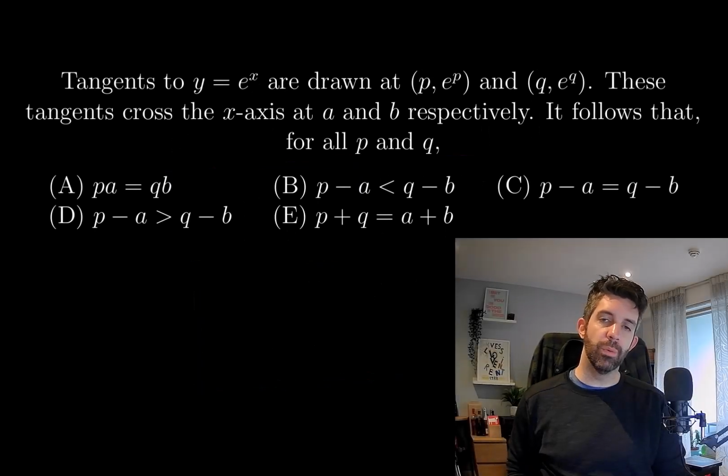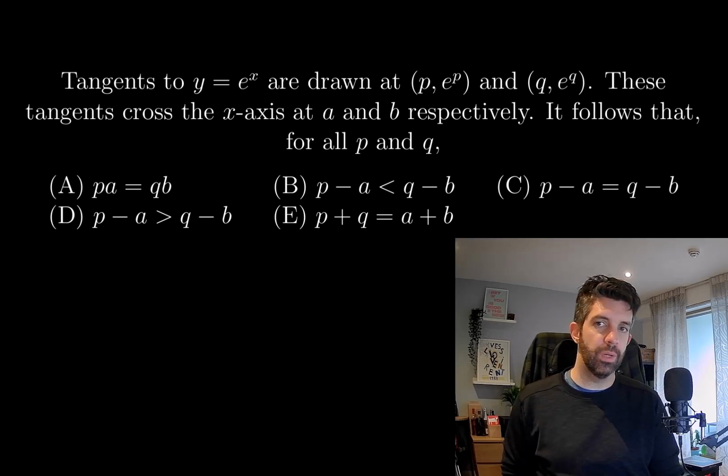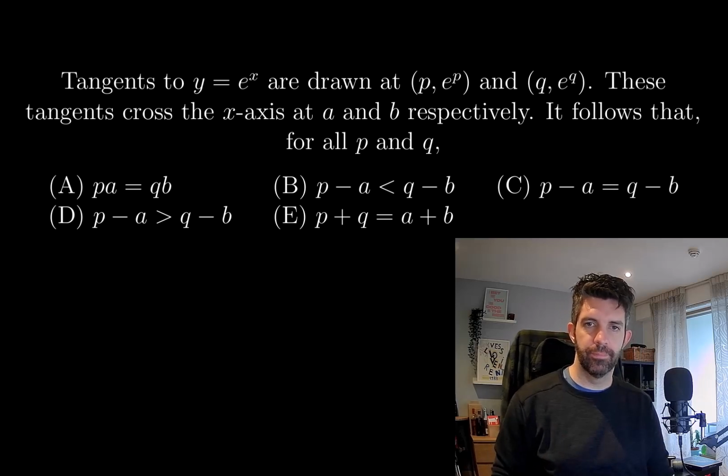Tangents to y equals e to the x are drawn at P (p, e to the p) and Q (q, e to the q). These tangents cross the x-axis at A and B respectively. It follows that for all p and q, we have one of these relations. Okay. Well,